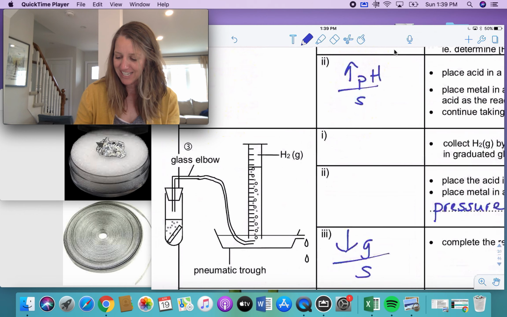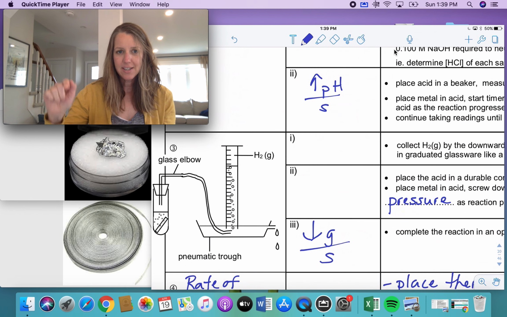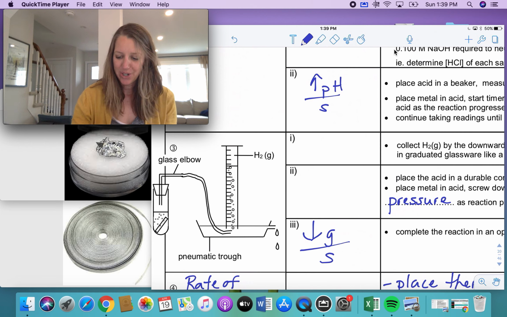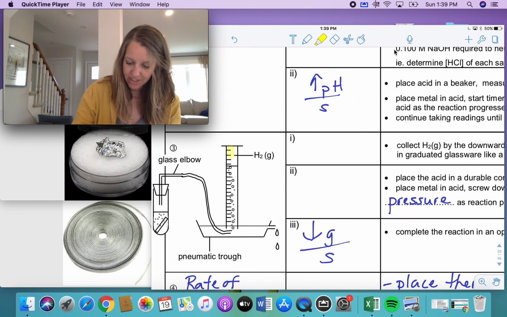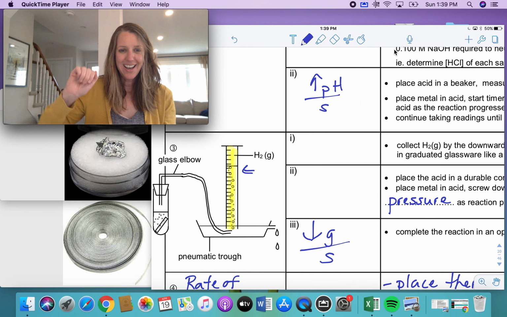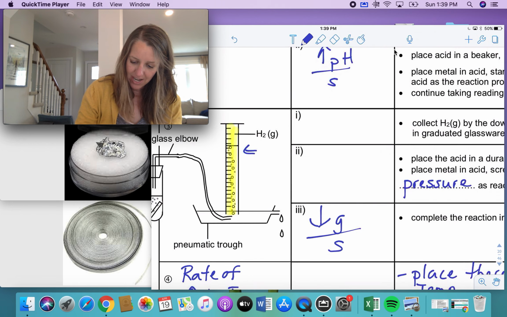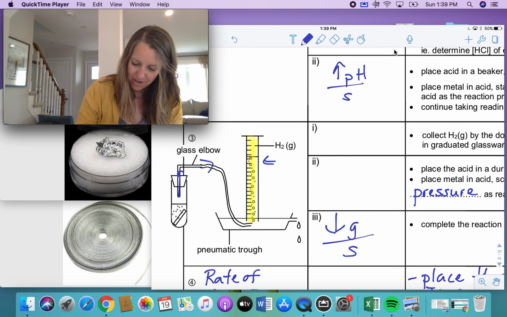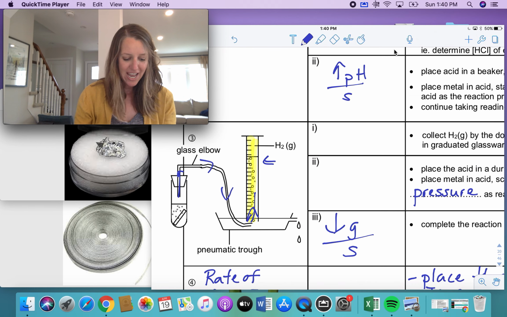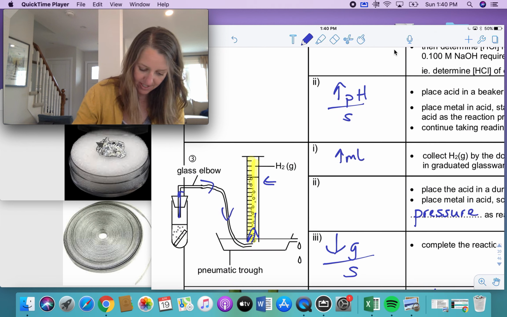The next one's kind of neat. Have you seen that downward displacement measurement? You can see in the picture below, you've got your graduated cylinder turned upside down with quantifying marks on it, and that displacement function of the gas building up, because of course you're getting the hydrogen gas, it can flow up, over, and up into our graduated cylinder, and you could get a measurement of the increase in volume